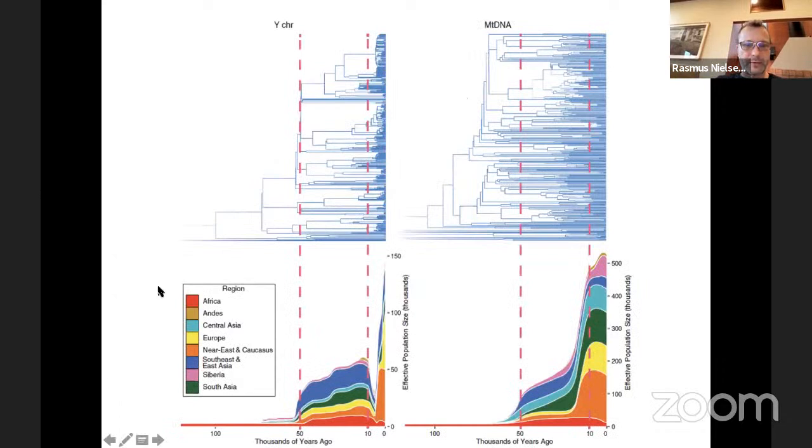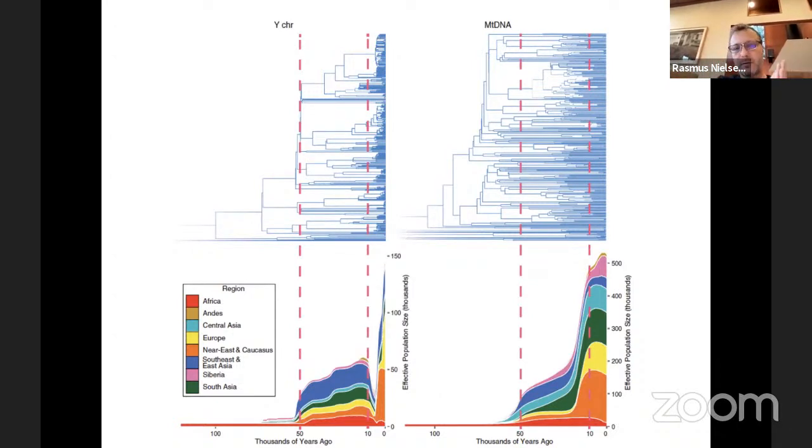Here's a more recent example from some other software. It's not software we made, but other software where they're looking at Y chromosomes and mtDNA in humans, so mitochondrial DNA and Y chromosomes. And what's going on here is that they are estimating effective population sizes back in time using an approach like this. So basically, in this kind of approach, you assume that there is a